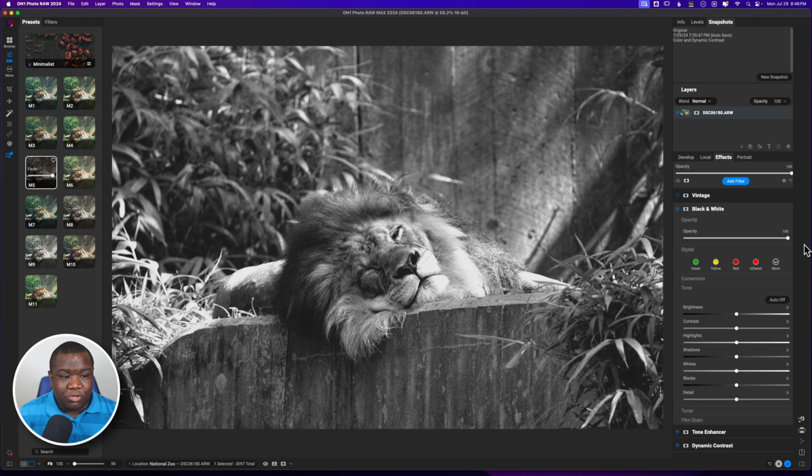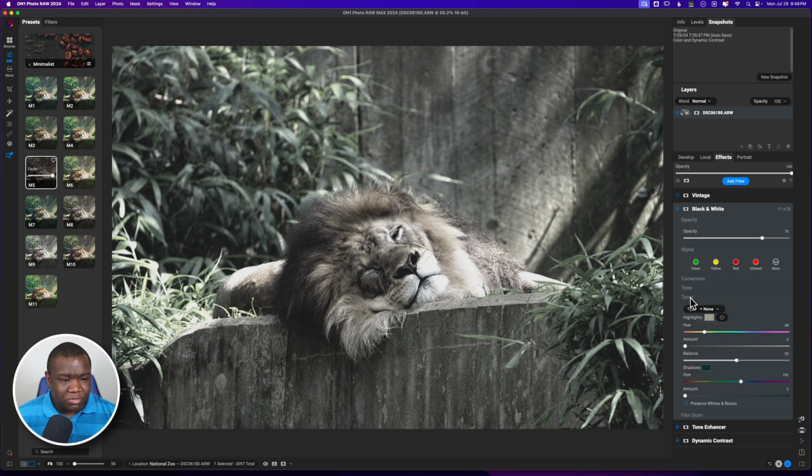And then of course, if I pull this up to 100%, then it's going to desaturate the entire image. But for the preset, it was around 75, and this is just giving that really faded, desaturated look. So let's see if there's anything else in the black and white filter that's being used. So the toner is not being used, film grain is not being used,